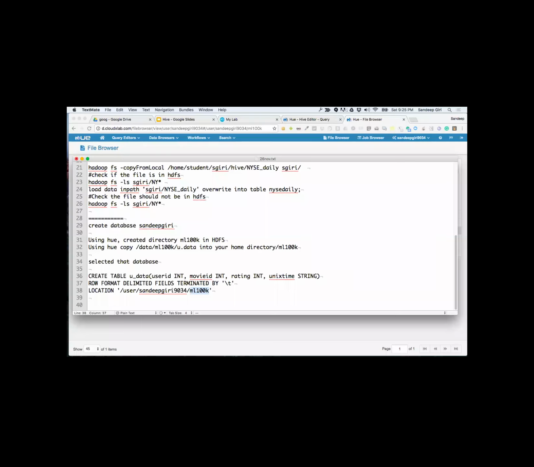So the directory is in HDFS, and the database and table are in Hive. That's correct.